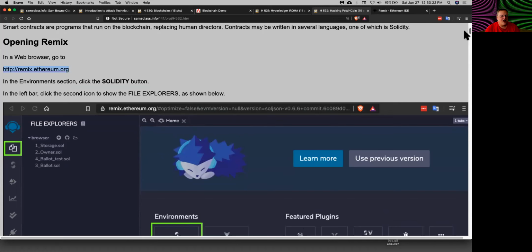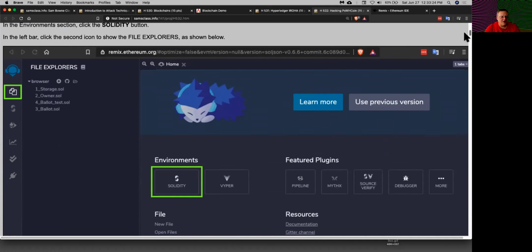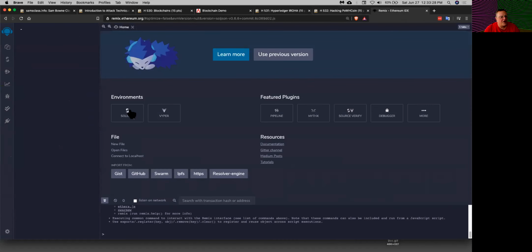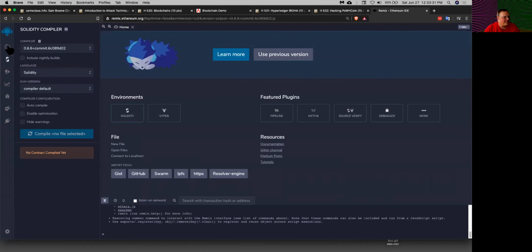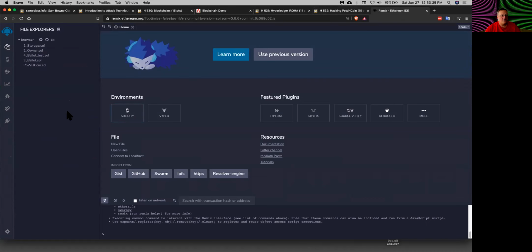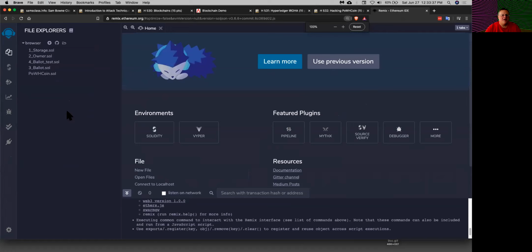So anyway, I want to go to Solidity and File Explorer. This thing simulates an Ethereum blockchain in the browser. I'll try to make it big for this. It's not connected to the real Ethereum blockchain, and there's no real money in it, but you can run all the math of a blockchain right in your browser without even a network outside it or anything. And so you can code stuff and test stuff.